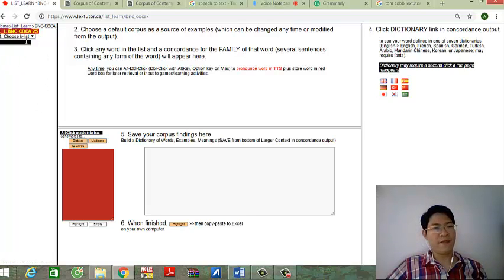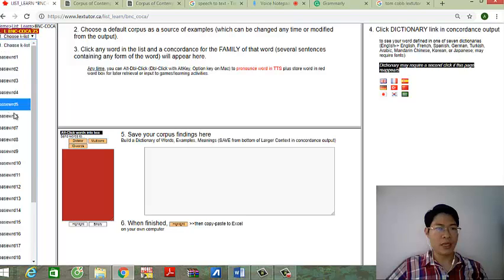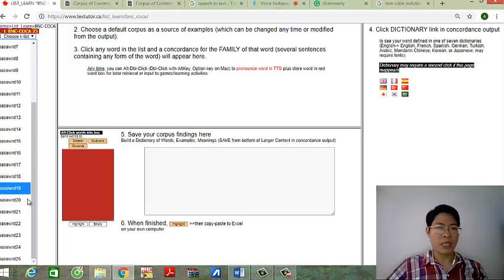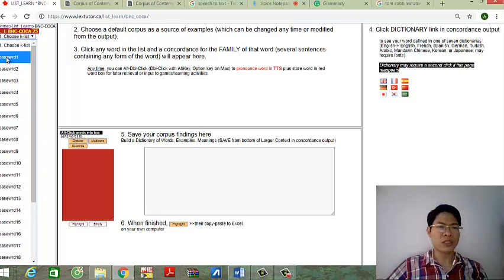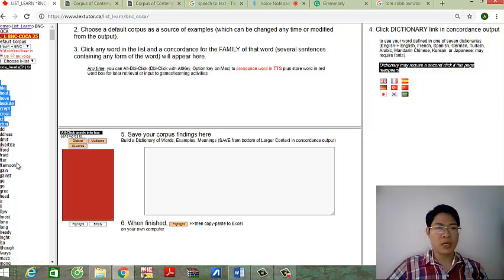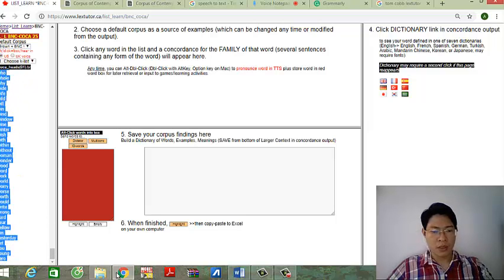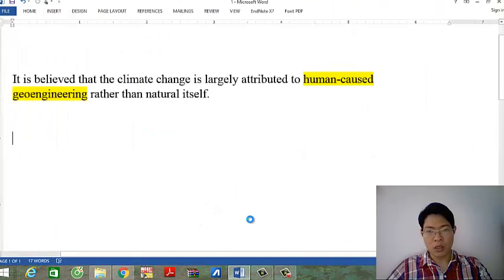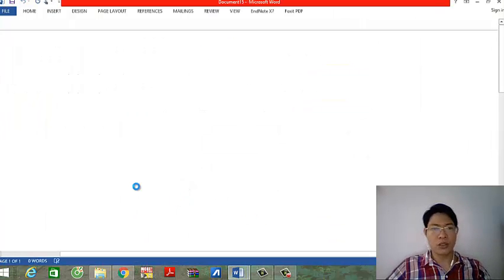And you see on my left hand side there is a tab that says choose K lists. I'm gonna click into it, and there is a drop down showing me the base words that I need to learn. And I was suggested to work on the first 1,000 words, so I'm gonna click into base word 1, and there's a list of words appearing to me. So I'm gonna copy all of this and put it into a Microsoft Word page,